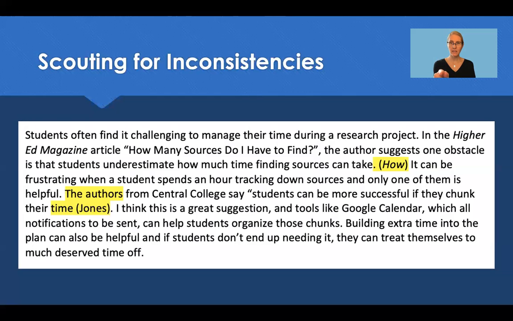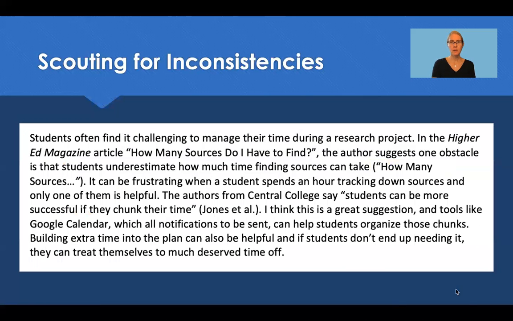And I know that the period isn't in the right spot because the parenthetical citation should be part of the sentence. And when we put the period before it, it looks like it's the start of the next sentence. And then in that other sentence, it has the authors, but there's only one person listed in the citation. So I would want to double check that with the works cited page. And I noticed that after "Central College say," there's a quote, but I'm not seeing where that quote ends. So this might be an example of how I would suggest people would maybe fix it when they're doing a revision.